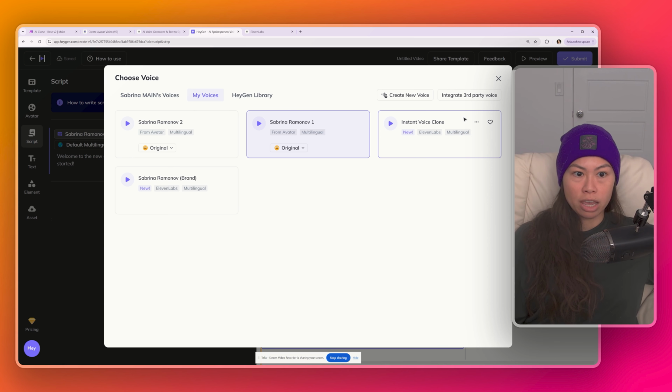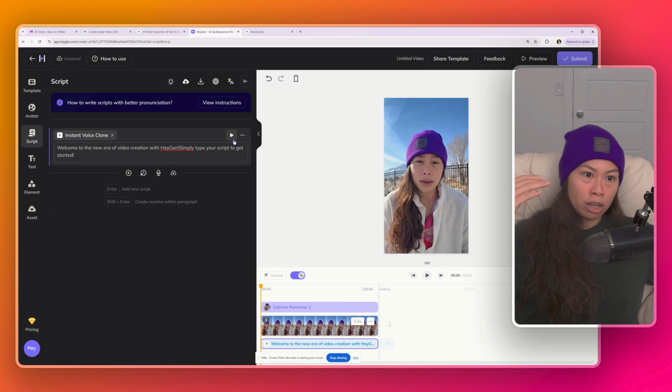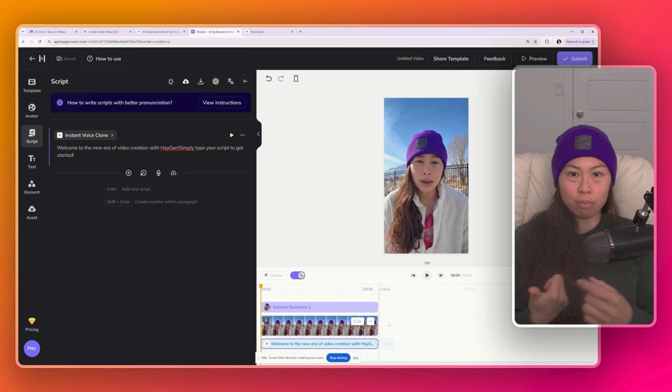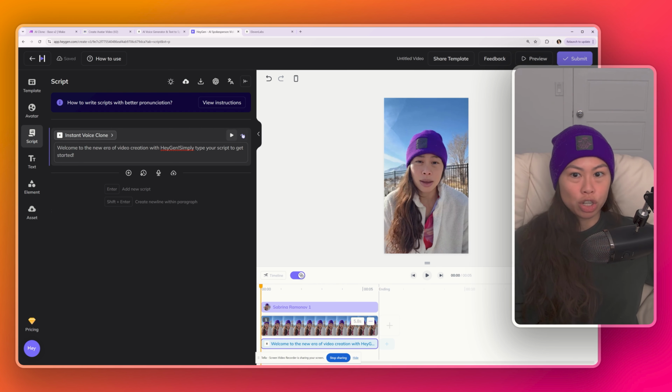And so we want to try the instant voice clone, right, that we just created. So let's do that. And what's cool is you don't even have to create the video. You can just press play, and it's going to play exactly how it sounds. You didn't hear that audio because my screen recorder's not recording the output from my computer, but basically it sounded a lot worse than the professional voice clone, right? This is an instant voice clone, and I uploaded like a 20-second example of me talking. In general, the voice clone is going to be better with more data that you upload and higher quality, meaning quiet environments, professional or external microphone. But this is good just to check that everything works